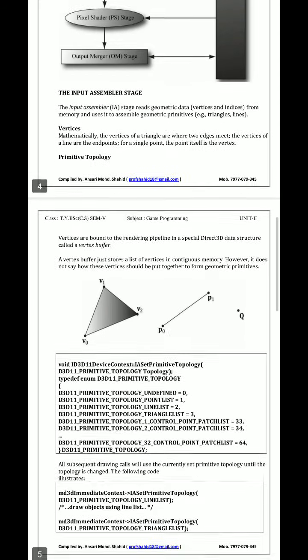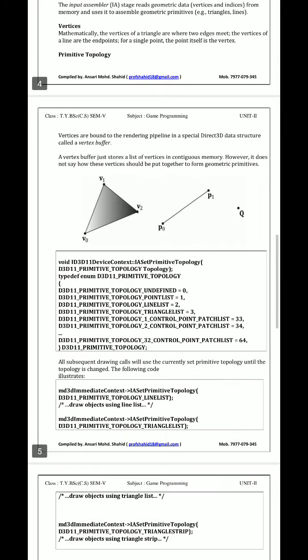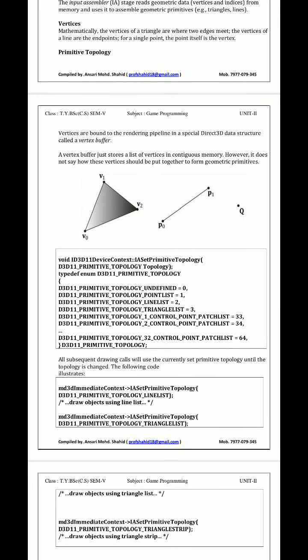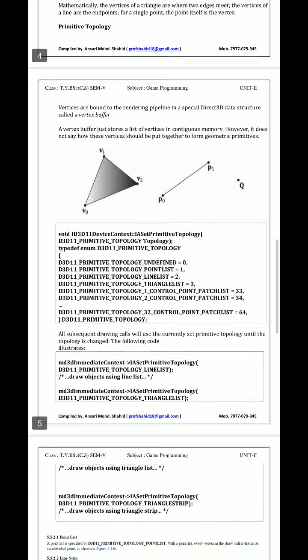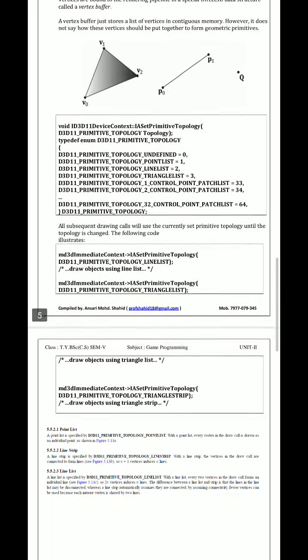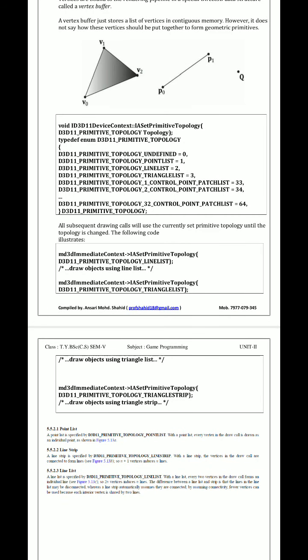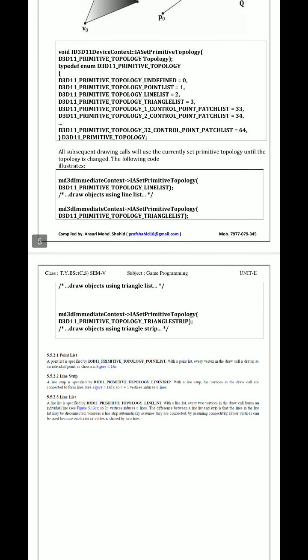So these are the rendering pipeline codes which are put for the vertices. Primitive topologies are used, so all subsequent drawing calls are put together. Then you have point list, line strip and line list. With a point list, every vertex in the draw call is drawn as an individual point.